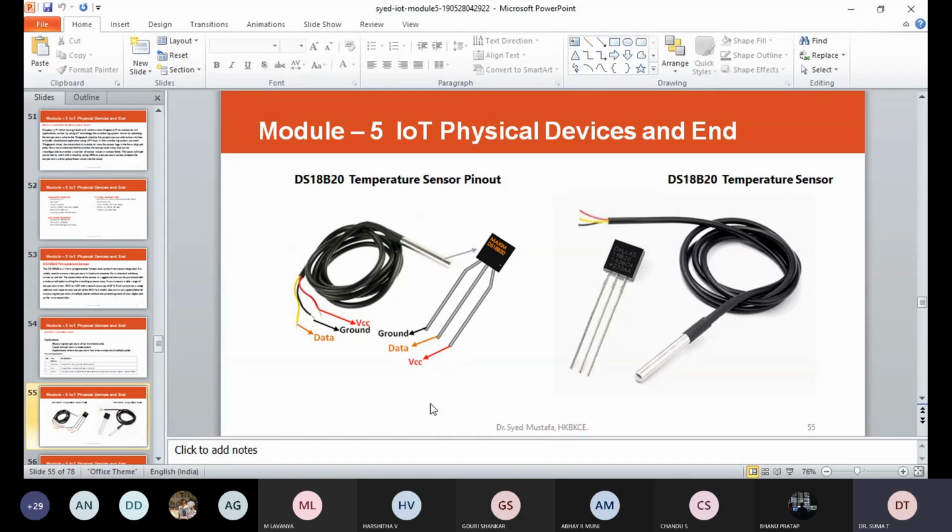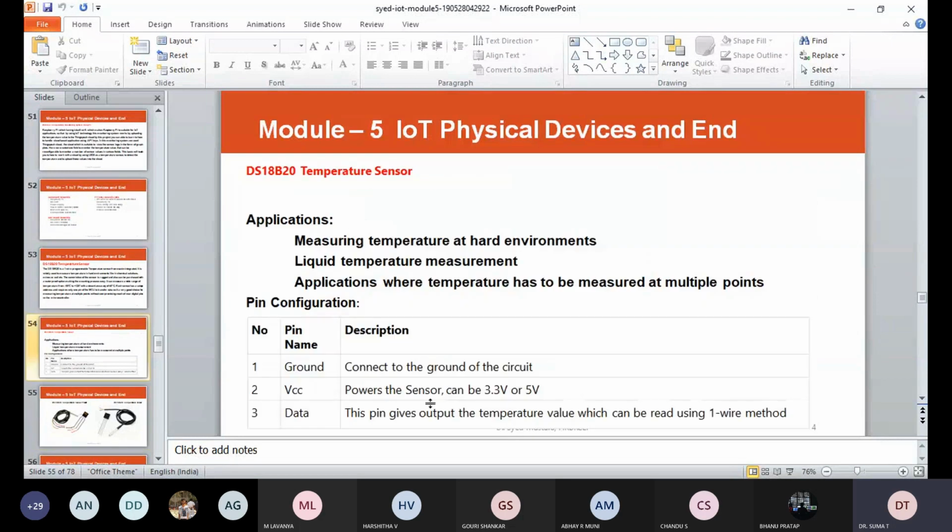Okay, those are the pin colors. Minimum voltage is 3.3 and maximum voltage is 5 volts. And the data pin gives out the temperature value which can be read using the one-wire method. This is a diagram of your